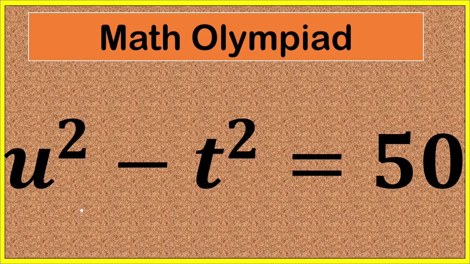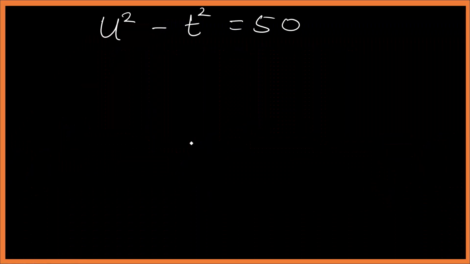Alright, let's delve into this Math Olympiad question. Alright, so we are given u squared minus t squared equals 50. Alright, solution. Now let's understand that